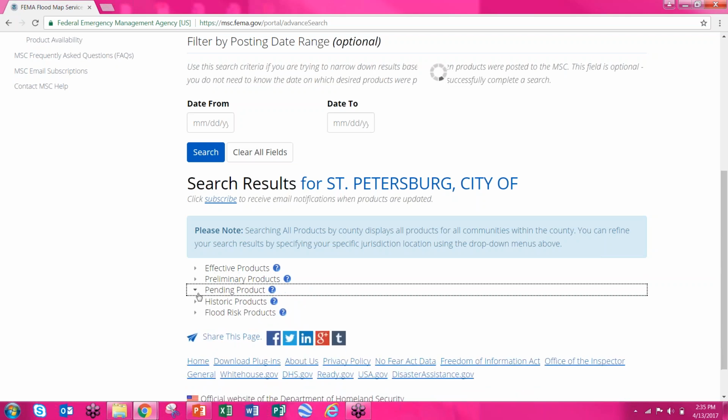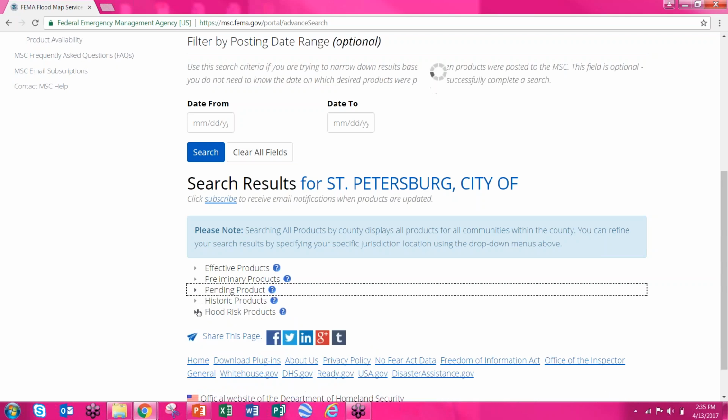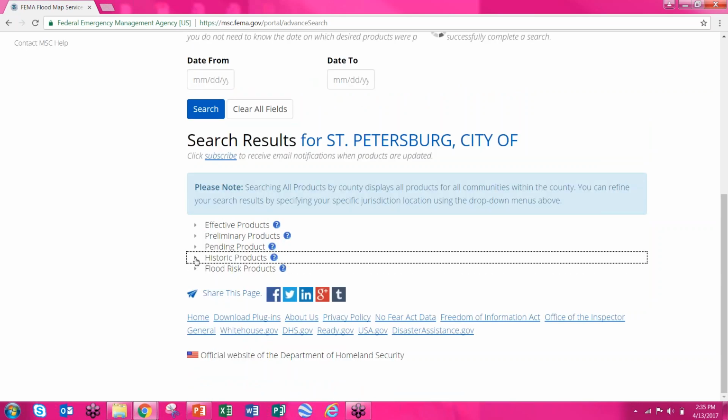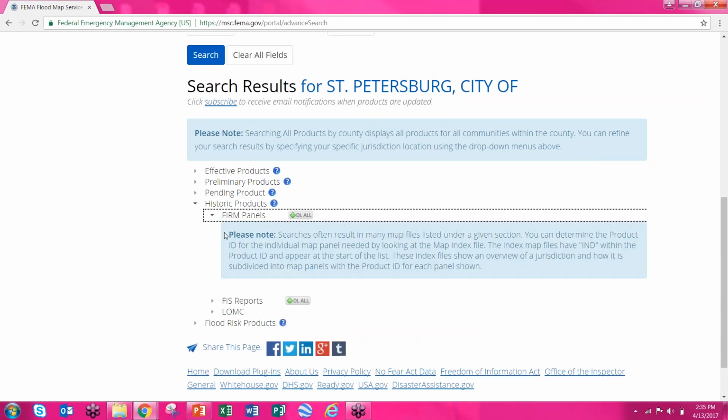It's the same thing with pending products: any FIRMs that are pending processing, FIS reports, letters of map change, and FIRM databases. You also have the historic products, which is what we're going to go into, and then there are other flood risk products, which you can go over. These are very rarely used and nothing that we would actually use for rating, but the historic maps are quite valuable. As you can see, you have your FIRM panel for the historic maps, your FIS report, and your LOMA. So if we click on the FIRM panels,